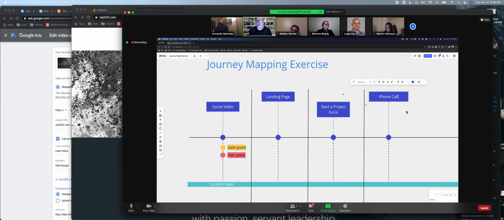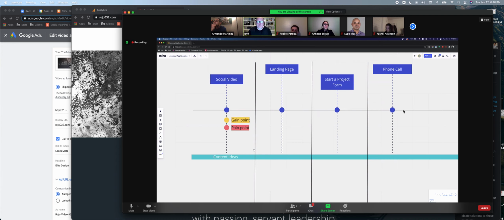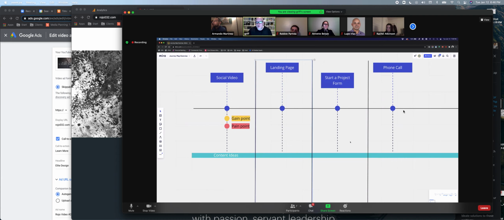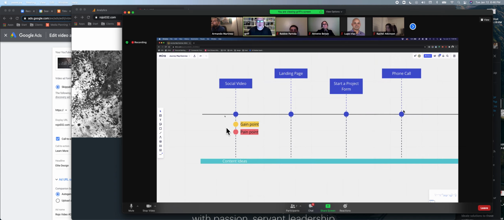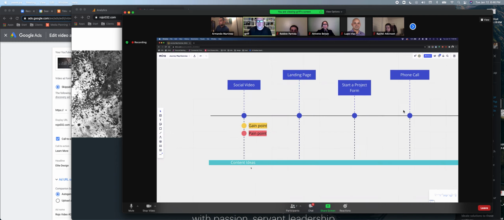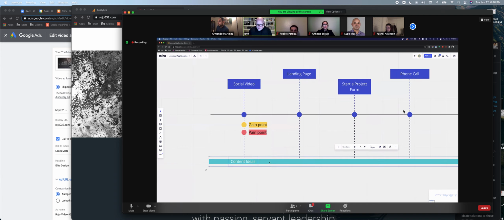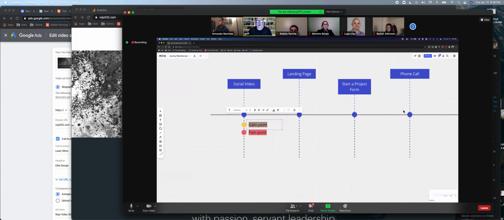Okay, so let's think for a minute, and we'll forget about this down at the bottom for right now. So the other thing you can do with the journey map is you can actually turn it into a content map. So for each area of the video, or for each step along the journey, you might have some content ideas that say, okay, during this social video here, what are some content ideas? So let's go back, and let me tell you one of the,